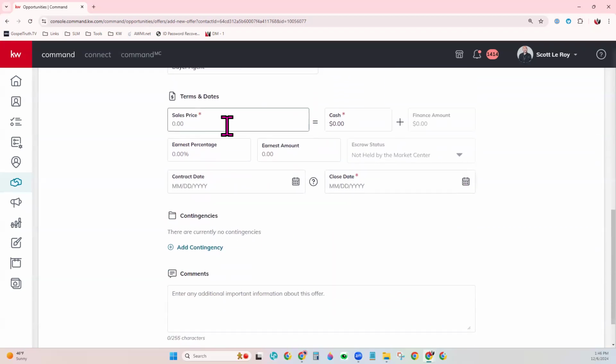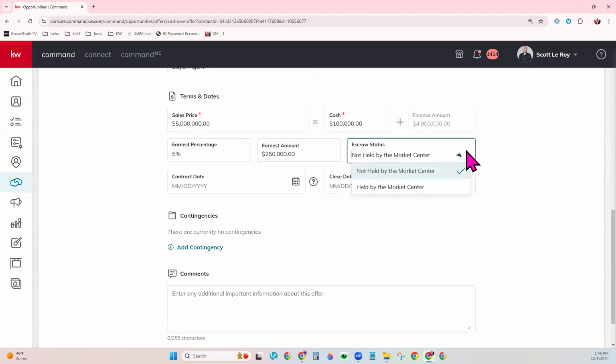Okay. And then you'll enter your terms and dates. This is just based on the offer that you've received. So you would go ahead and enter this. How much is cash? And then how much would be finance? Your earnest percentage, you can enter the percentage amount or you can enter the actual amount that they're going to do. So maybe they're going to do a 5% down earnest payment on this. And so you can go ahead and enter that here. Choose who holds it. Okay. So whoever's going to hold that escrow or earnest money, excuse me. And so then you would come to your contract date,